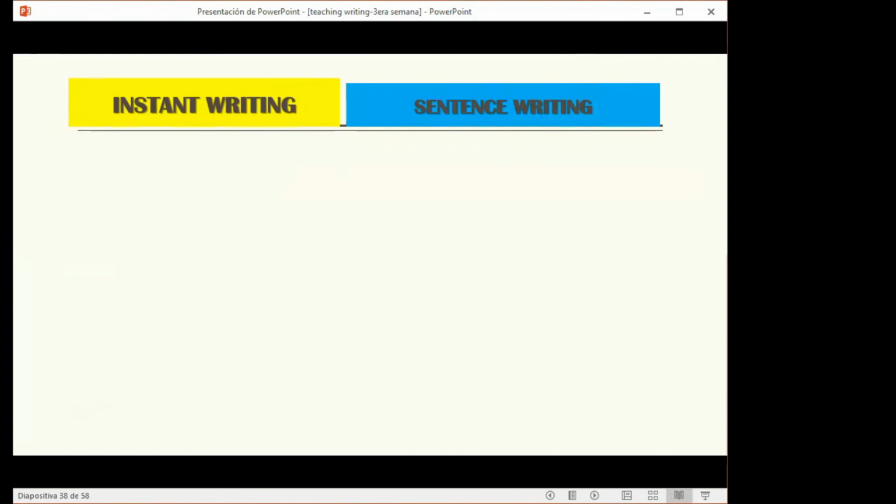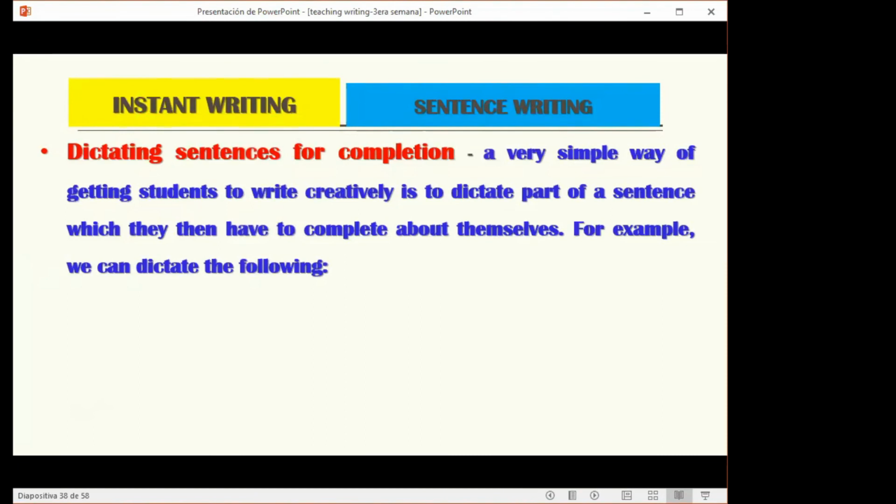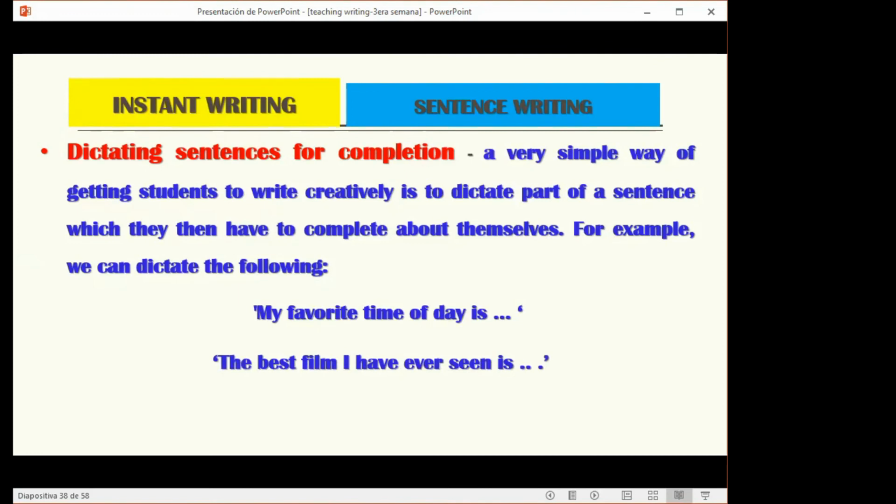students are asked to write on the spot. Sentence writing, dictating sentences for completion. A very simple way of getting students to write creatively is to dictate part of a sentence which they then have to complete about themselves. For example, we can dictate the following. My favorite time of day is, and they need to complete it. This is dictating sentences for completion. The best film I have ever seen is,